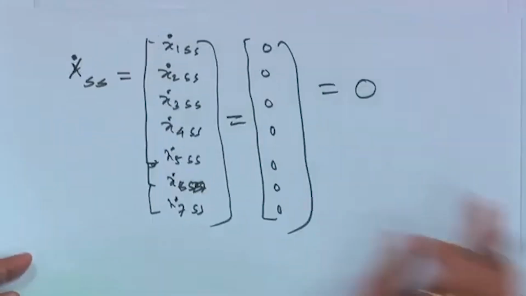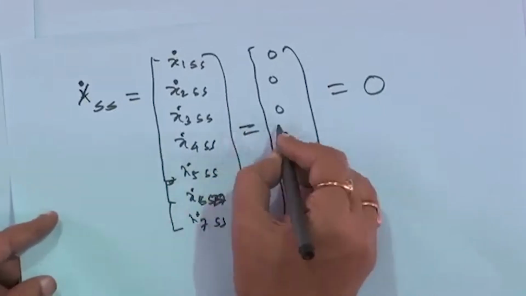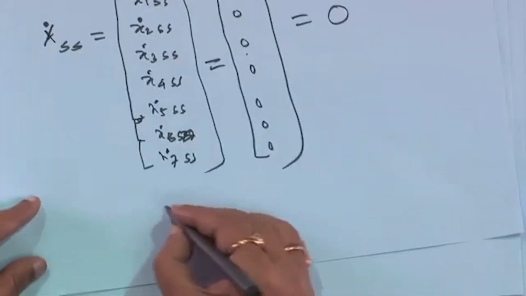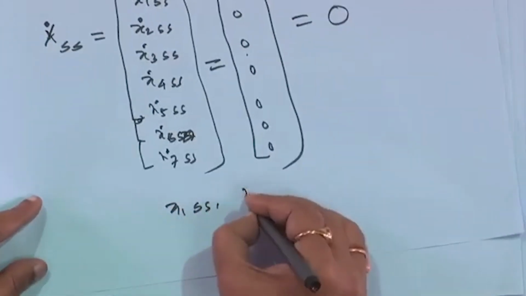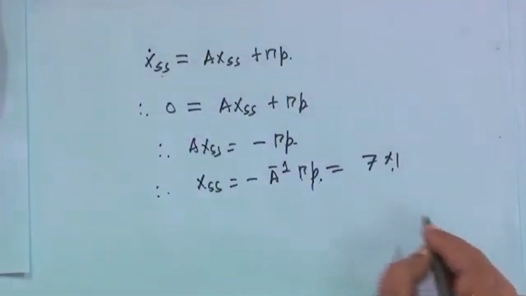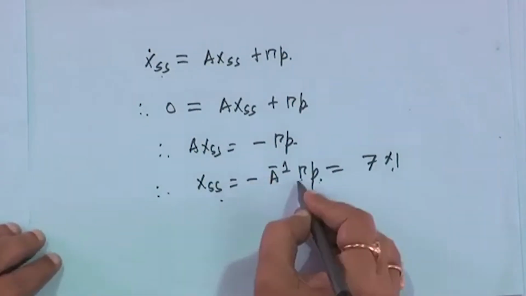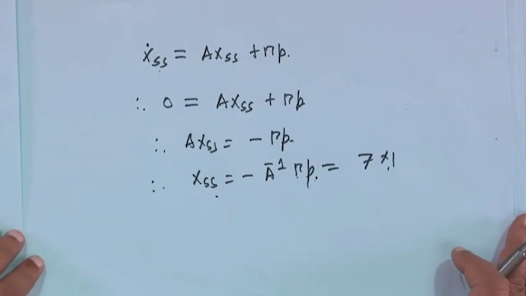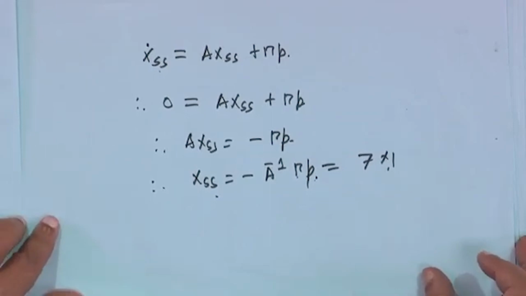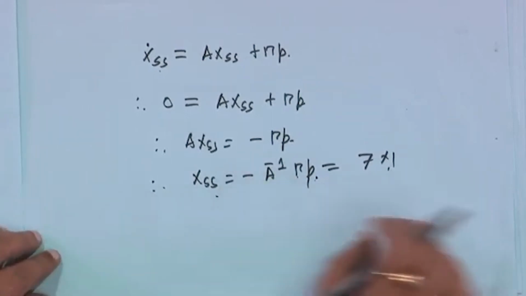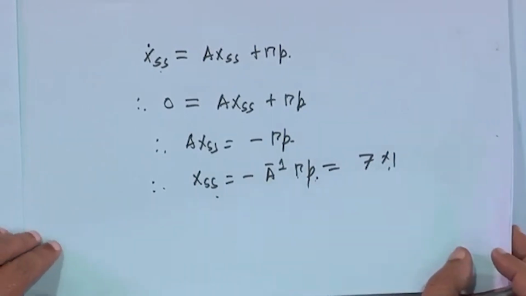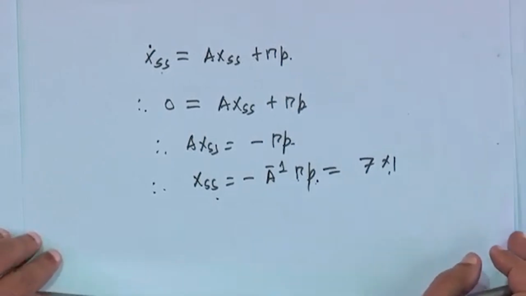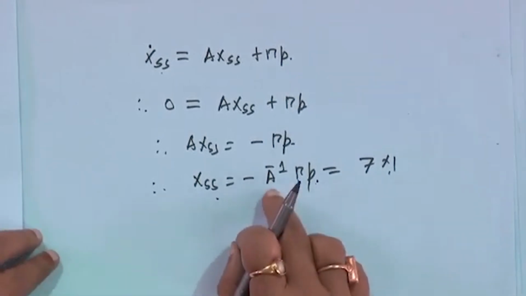So, at steady state this is actually x3 dot, these are the steady state values of all x1 ss, x2 ss, and so on. That means you will get the steady state values of all the 7 state variables. In MATLAB you can easily verify this: take some parameters and just check, you will get all these values. So this is an easy way to find out